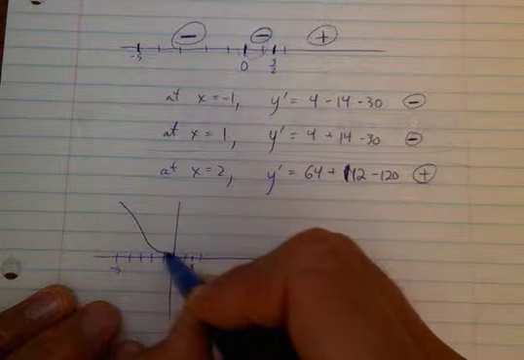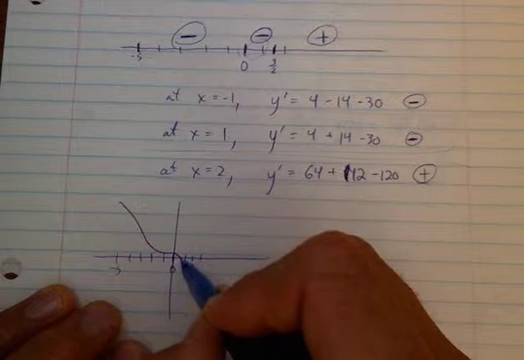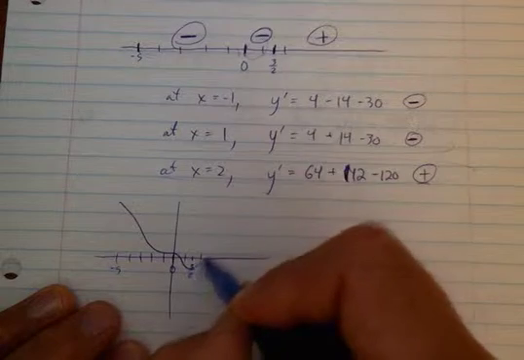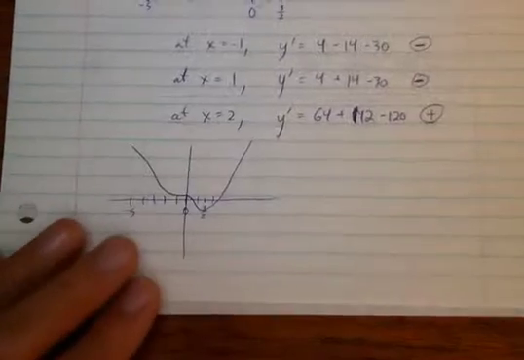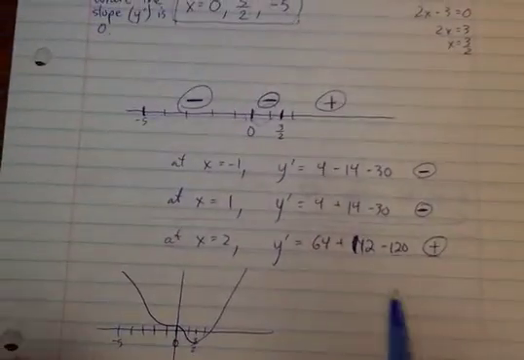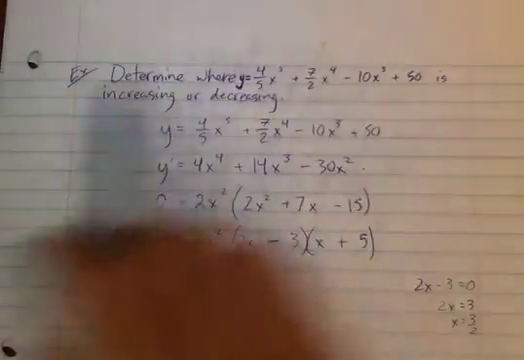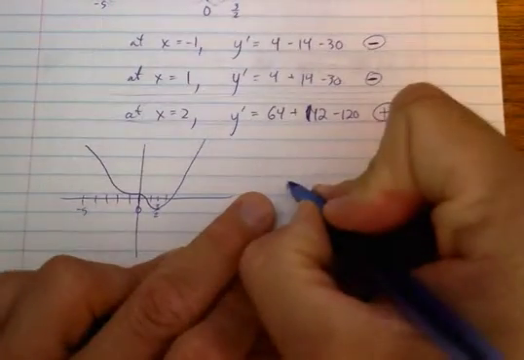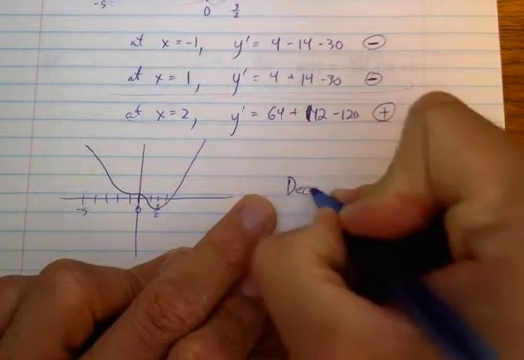And then maybe it did something funny here, but it was still negative. And then here, it became positive. That's what this tells you. And so to determine where this function is increasing or decreasing, how do we answer that? We say it is decreasing